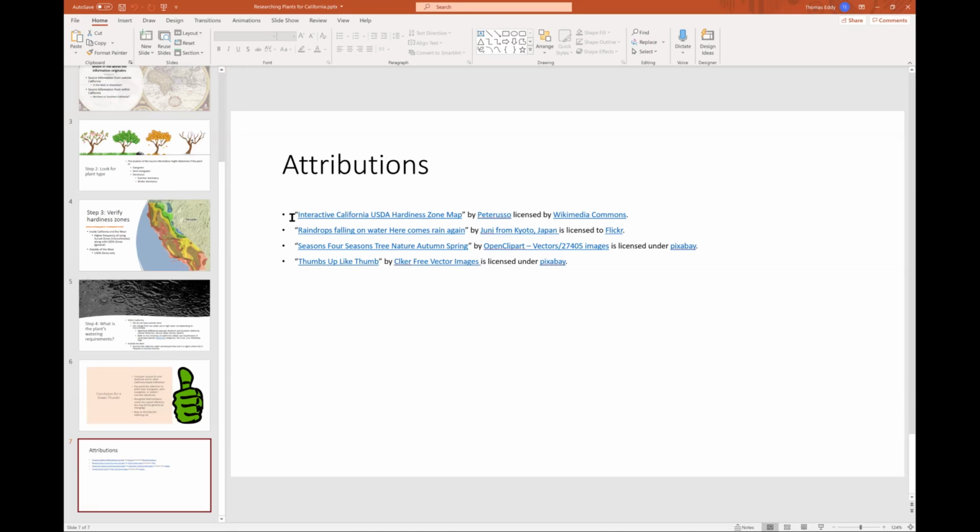In fact, it's preferred that you only work with Creative Commons, because anything else is copyrighted and you need to get their permission. Creative Commons, you don't need their permission. You just need to give them credit. And that's what this list is. So the very first ones, this is an ideal way of creating an attribution. The very first one that's in quotes is the title of the photo that you found.